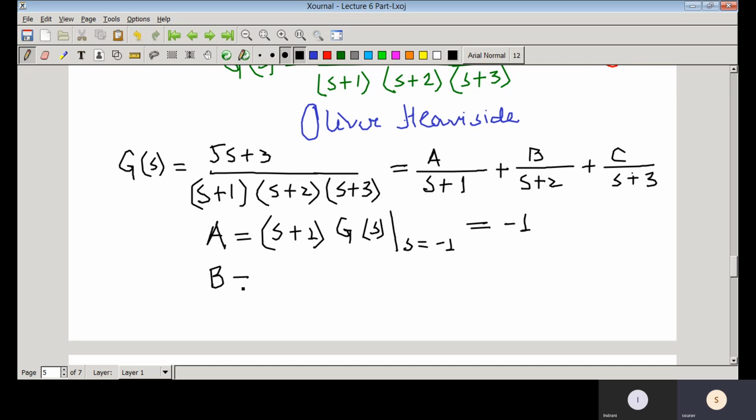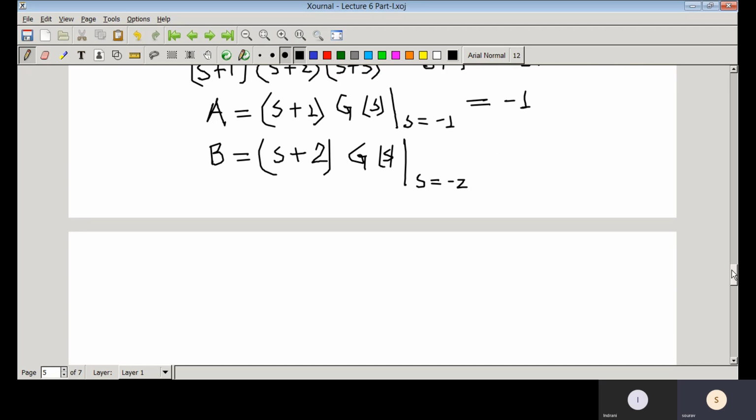Now b. b is s plus 2 into G(s). You find this at s equal to -2, and you will get that value equal to 7. Then C,